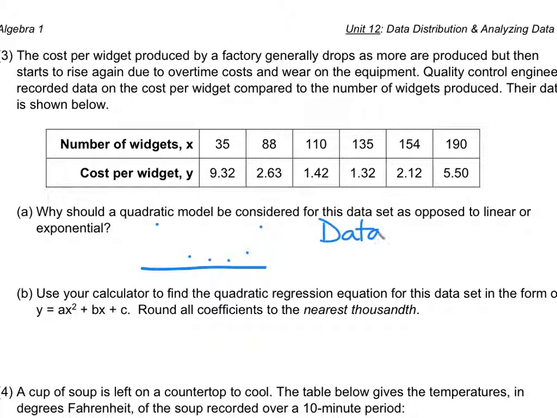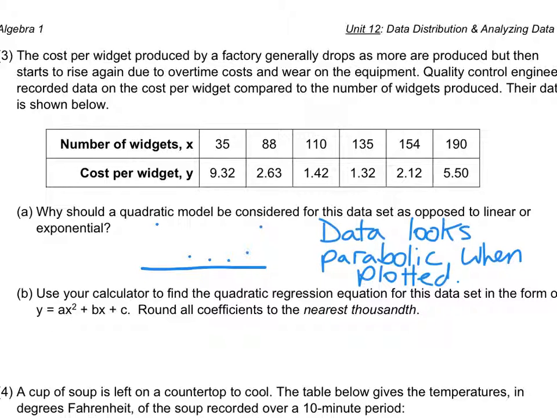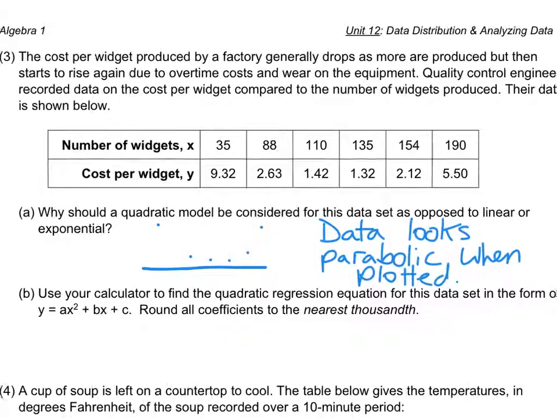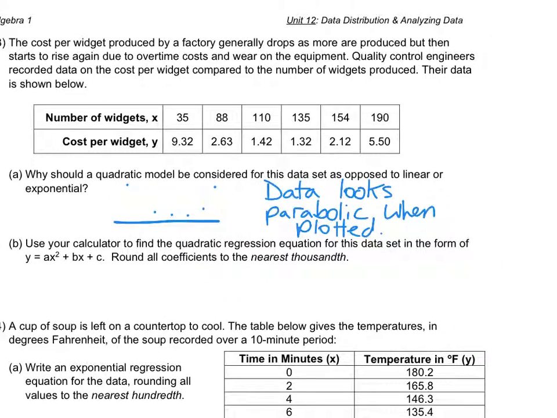Data looks parabolic, or looks like a parabola when plotted. You can answer like that. Yeah. That's the thing. The first thing that you should do is take a look at the picture and see what the most appropriate model is. If it looks linear, if it looks quadratic, if it looks exponential, then that kind of steers you in the right direction. Use your calculator to find the quadratic regression equation for this data set in the form of ax squared plus bx plus c,